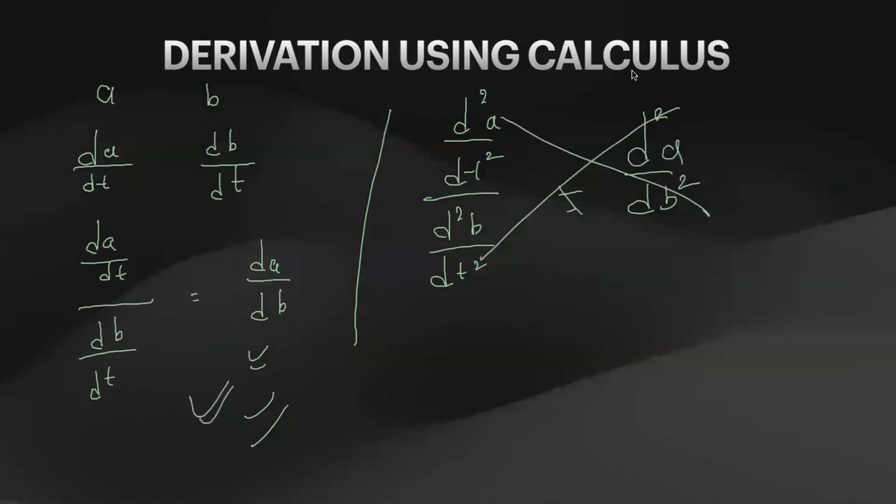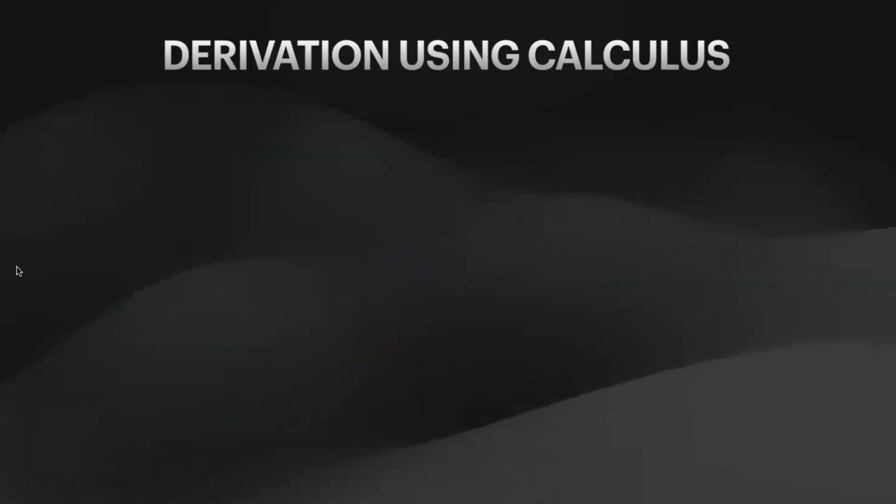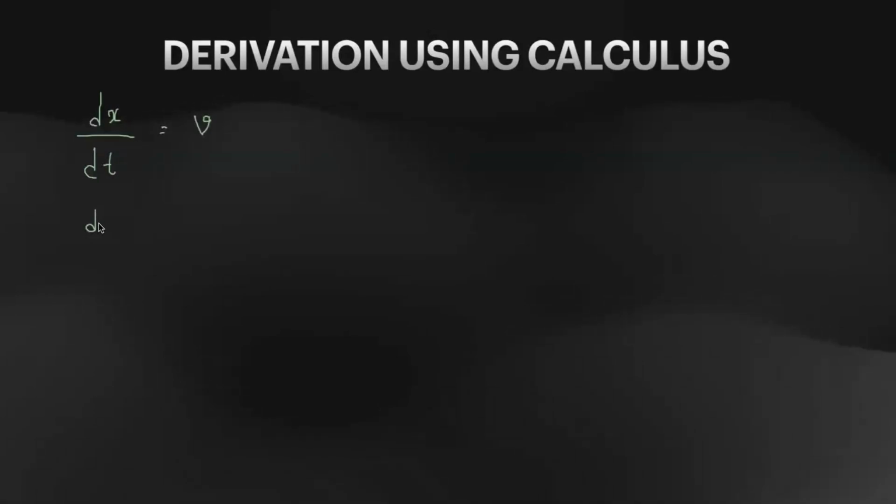Now, remember this result. Why have I told you this result? Now, in the third equation of motion, you don't have time. You want to get rid of time. All we have discussed is displacement time graph and velocity time graph. So what I will do, dx by dt is what? Velocity. Final velocity. Remember, dv